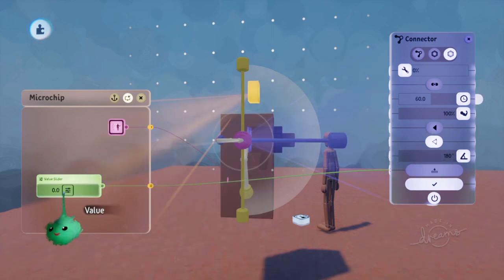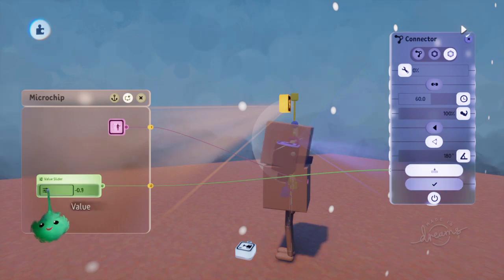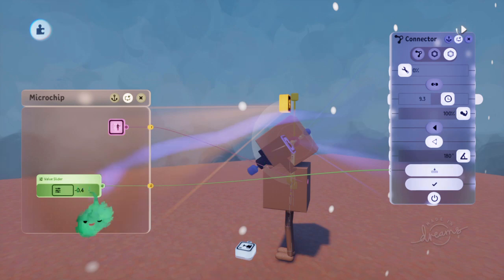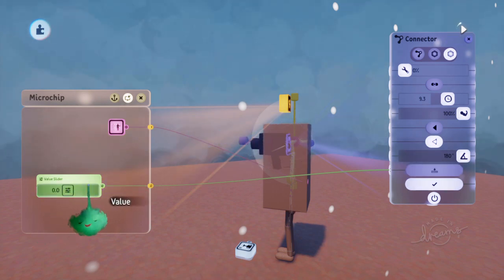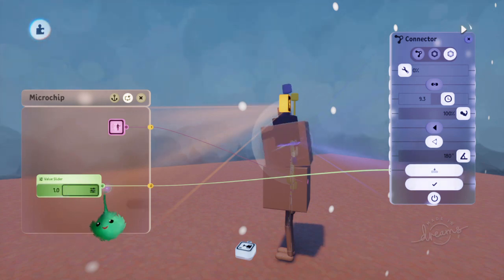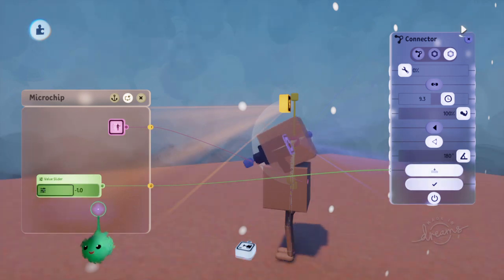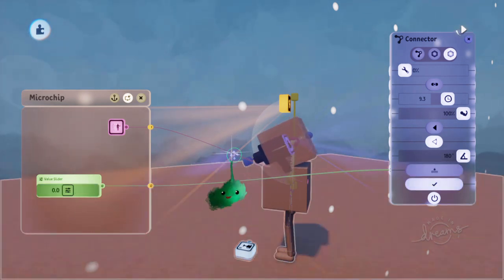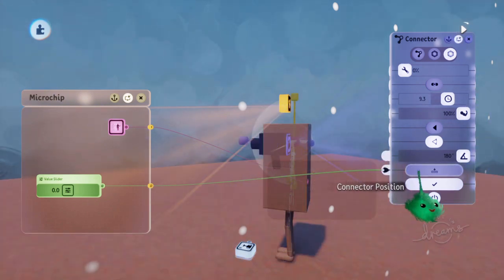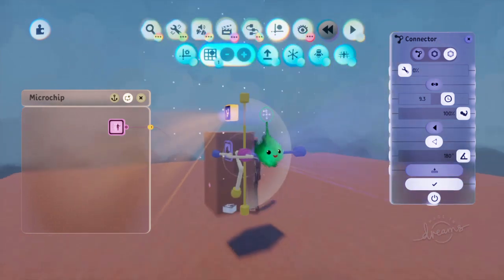And then when we send it a signal, play time first, then it will be going up or going down. So if we turn this down, you can see what's really happening. As we change it, it's actually using this speed to move to that position. So 1 is at one end of the limits, and -1 is at the other end of the limits, and then 0 is in the middle. So we're going to create a value that we can control going into this setting here. So let's go and...